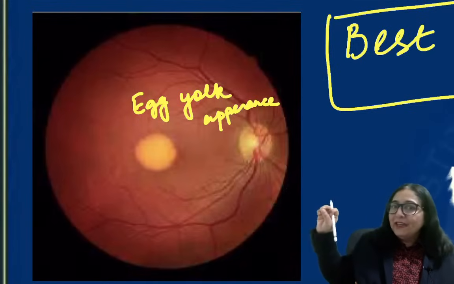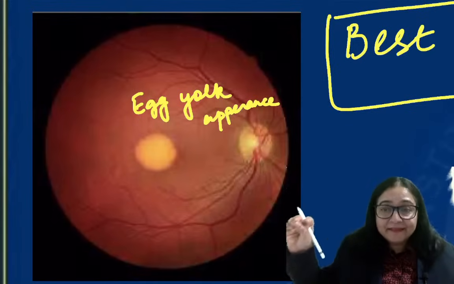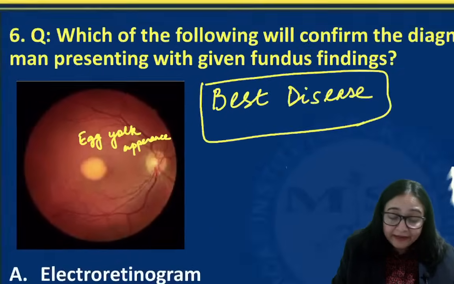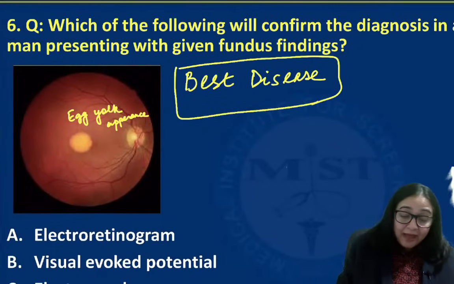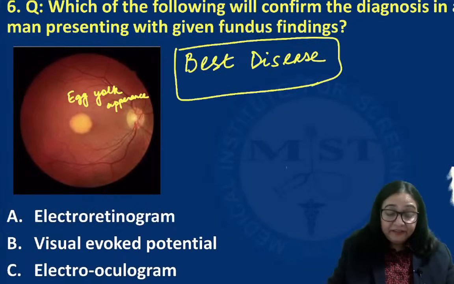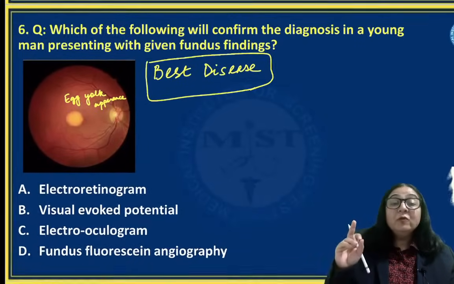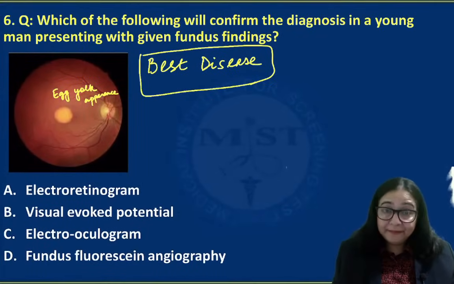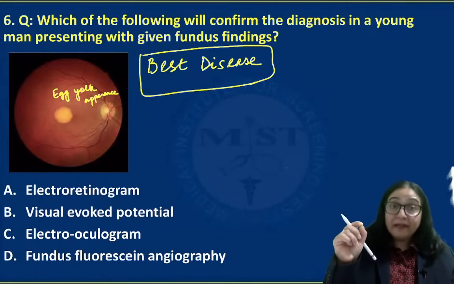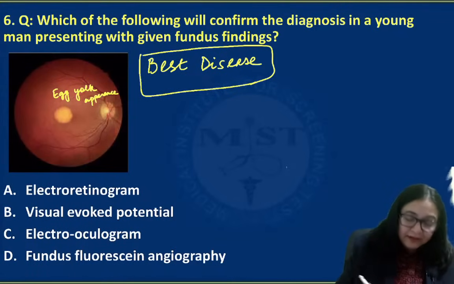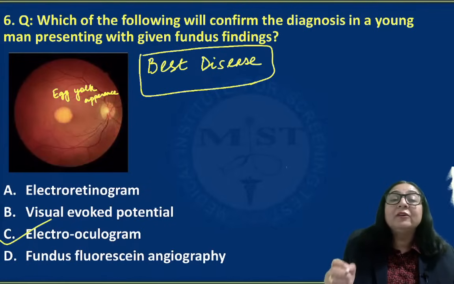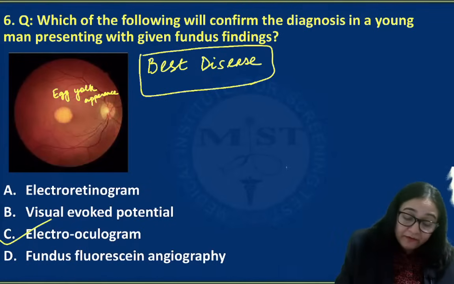So it's called egg yolk appearance, which is seen in Best disease. It's a type of hereditary retinal degeneration. Okay, and for the retinal degenerations, beta, we do electrophysiological tests. The investigation of choice to diagnose Best disease is your choice C, beta, electrooculogram, or we also call it as